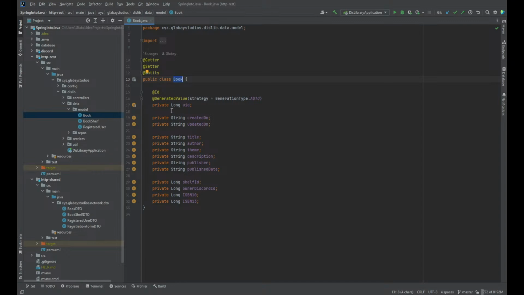Spring and Spring Data JPA will work the magic in the background. The model is essentially the actual data that is inside of the